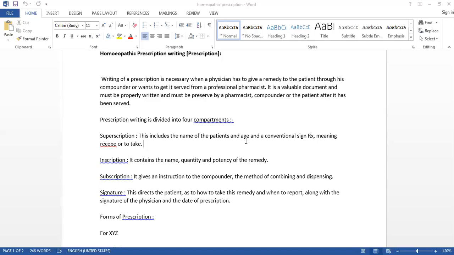Then the sign Rx, that means to give. This Rx is not important in the treatment, but this is only a sign. The physician remembers the name of God before writing a prescription. That is, I will treat, I am curing. So that is a Roman word, Rx. The shape of it comes from a devil and